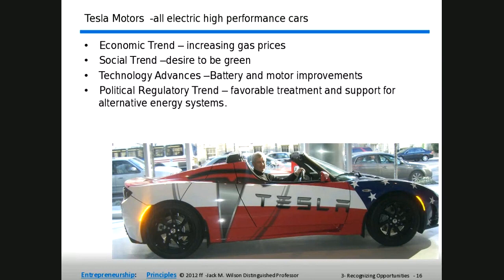The economic trend that Uber had going in its favor was a need to make extra money on the side in the younger generations, the millennials and so on. Technology advanced a little bit in the sense that the internet was available and people now had smartphones. You could put an app on your smartphone, use the network to quickly call, track when the car was going to get to you, and so on.